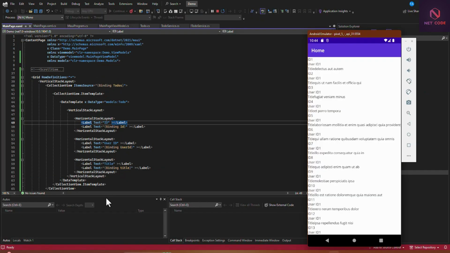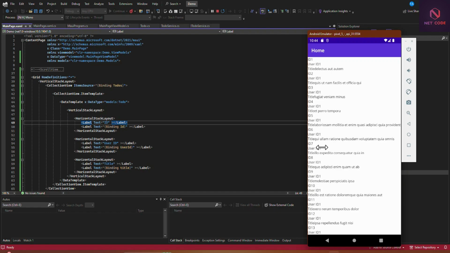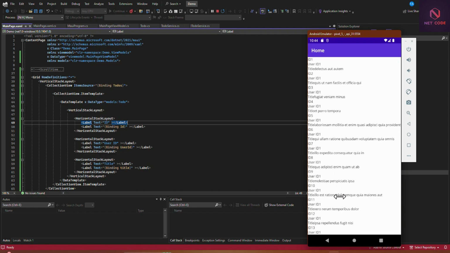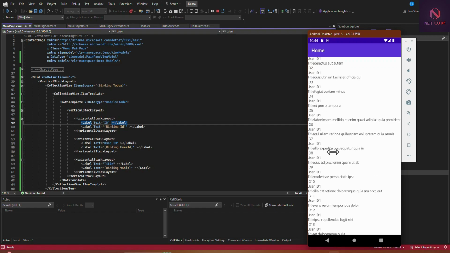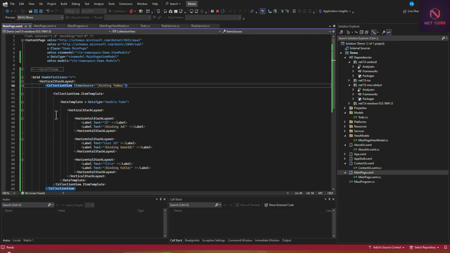Alright, so you can see we have the data over here, and that is over 20. As you can see from here, we have from ID 1, and let's see from ID 1 we have up to ID 13 here. So it seems it is not scalable. Now let's see what we can do from here. Now with this, let's set this vertical option. So vertical option, let's set to fill and expand.